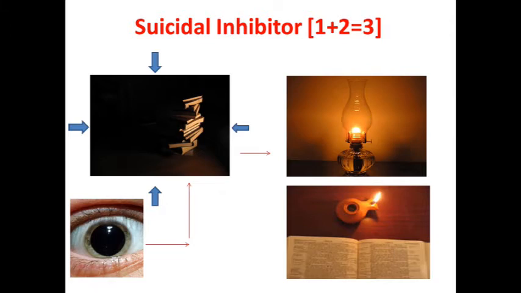Okay, now that is the concept of a suicidal inhibitor. It's adding power to the eyes to locate the text in the fine print of the textbook. So if this is power 1, definitely this is double the power. It's giving the eyes the opportunity to see, so it's double power. That makes this combination of amoxicillin and clavulanic acid, the lamp here in this case, which is a suicidal